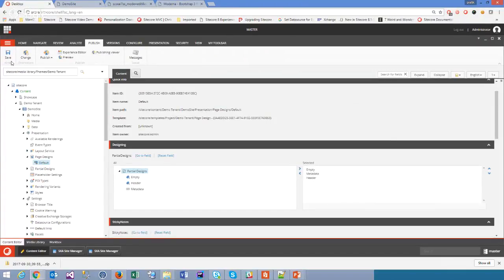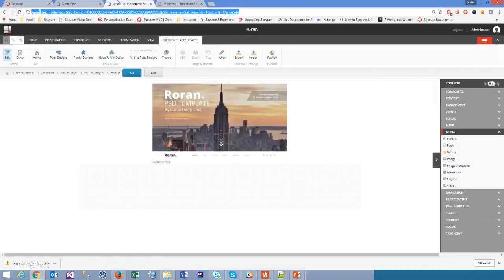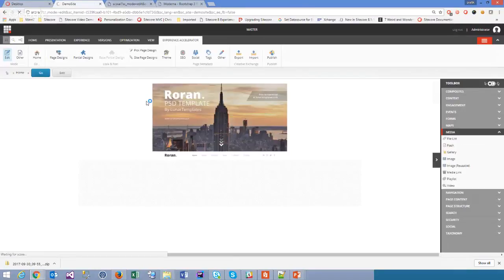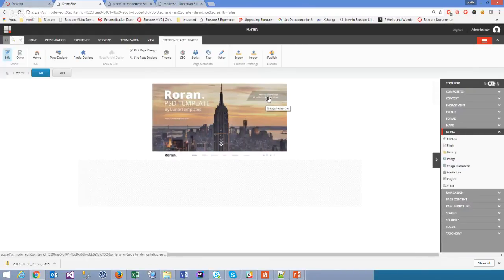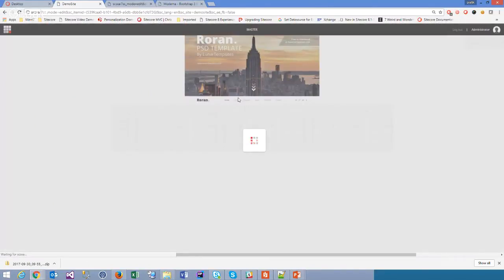Now what we see is we created a tenant, site theme, page design, and partial designs, and all those things you can play with here. And one of the things is we also have the rendering variant functionality. So for example, if you select this image